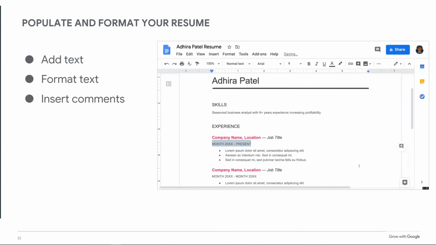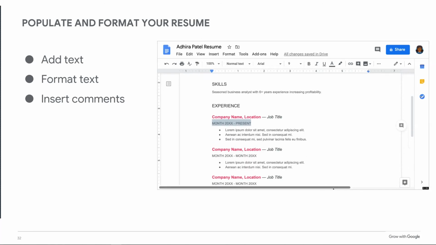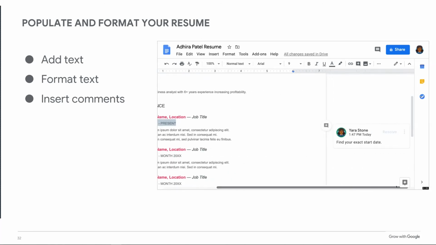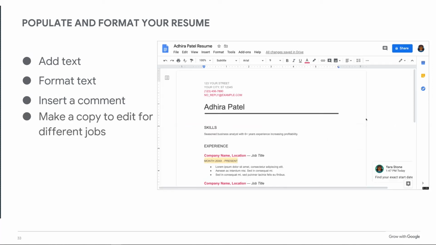Now the comment bar is up towards the top. There's a little quotation icon with a plus in the middle, or as you highlight, on that right-hand side, there's automatically going to be a comment queue that you can click as well. So there's those two options. Once you click that, you can type in that information. So in this particular example, we have to find the exact start date for that particular job in order for it to be correct.